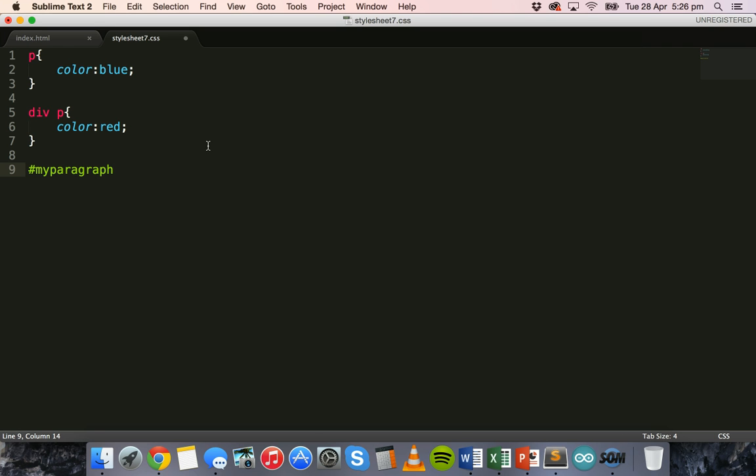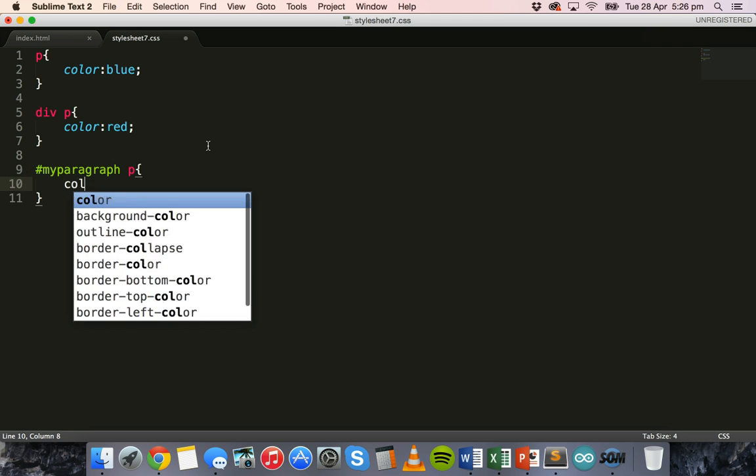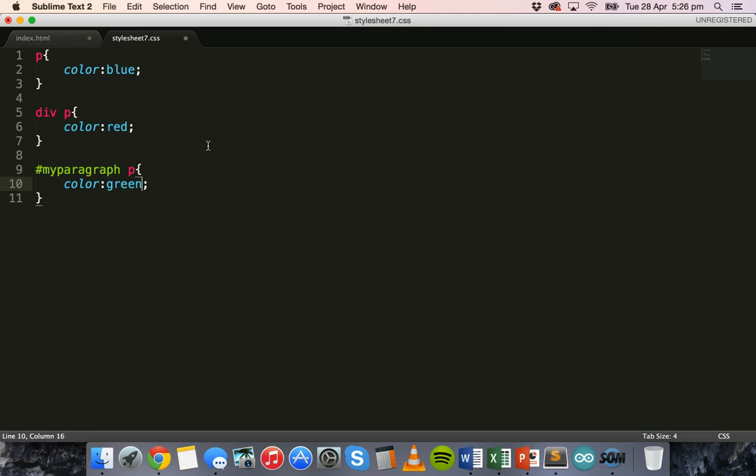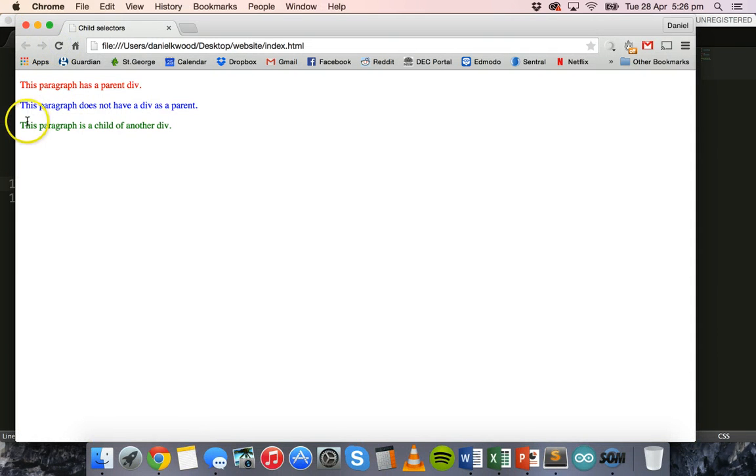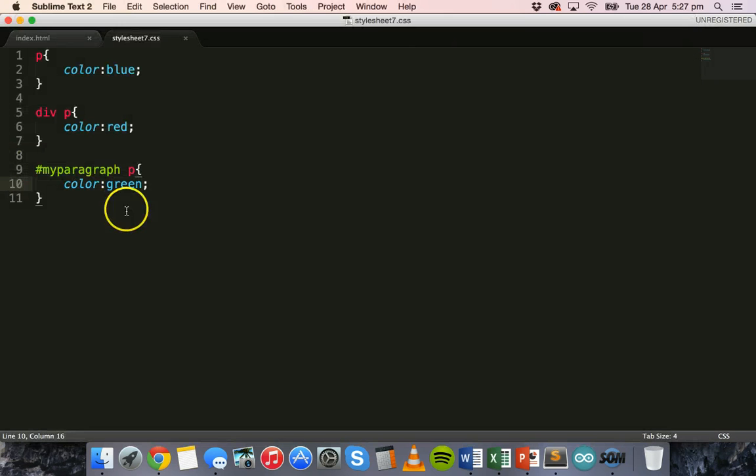Just checking that that's spelled right, and then we can say p, and then we can style that with say a color of green. Okay, save that and refresh, and now this paragraph is green